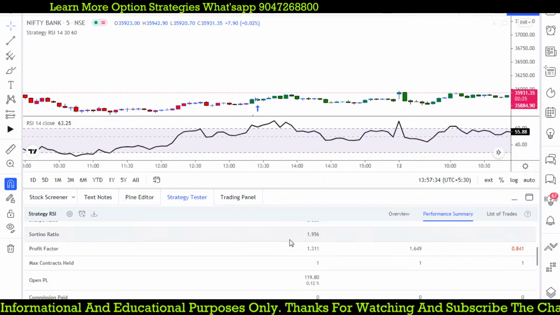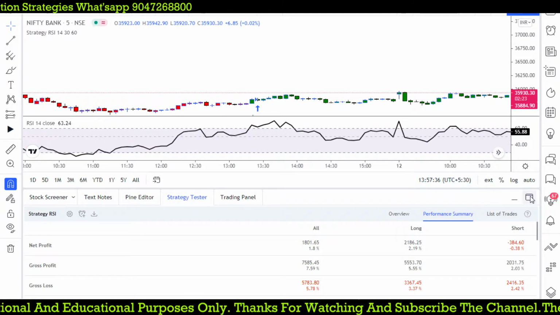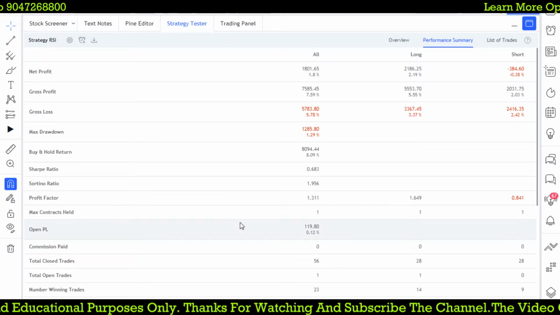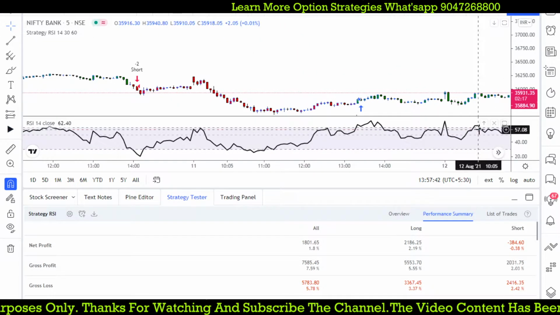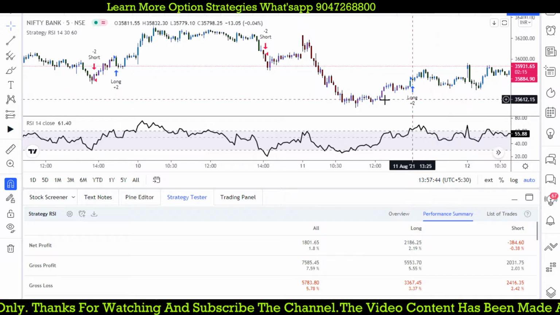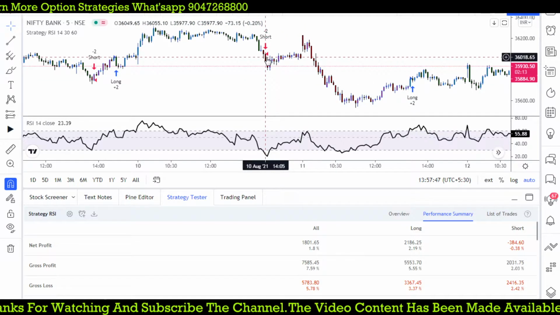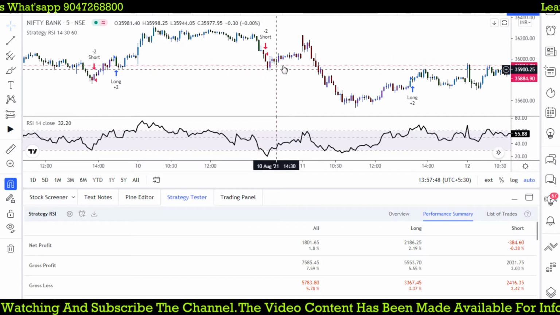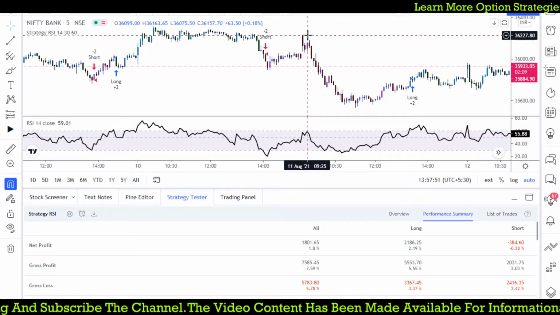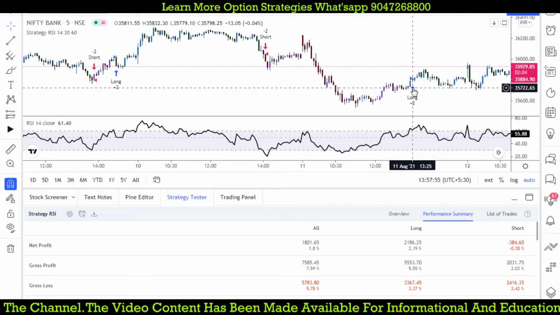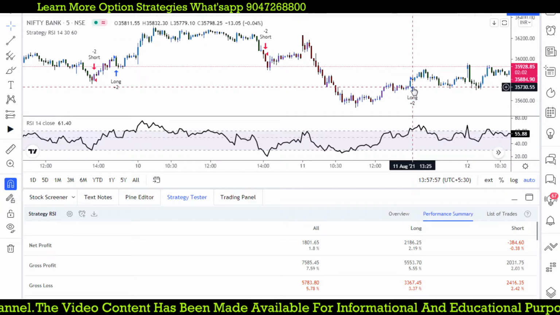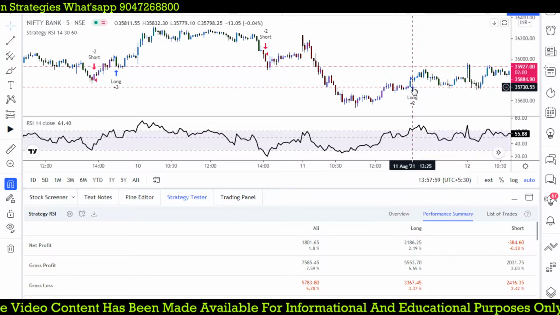35,811.3 is my entry point. So as per this strategy, how does it give you a profit? Now it will backtest it for me. Let me show you that on the 5-minute chart, wherever RSI crosses below 30, I'm going to sell, and even if the market moves up, I'm not going to exit that position. And whenever RSI changes over, I'm going to exit the position and reverse it.